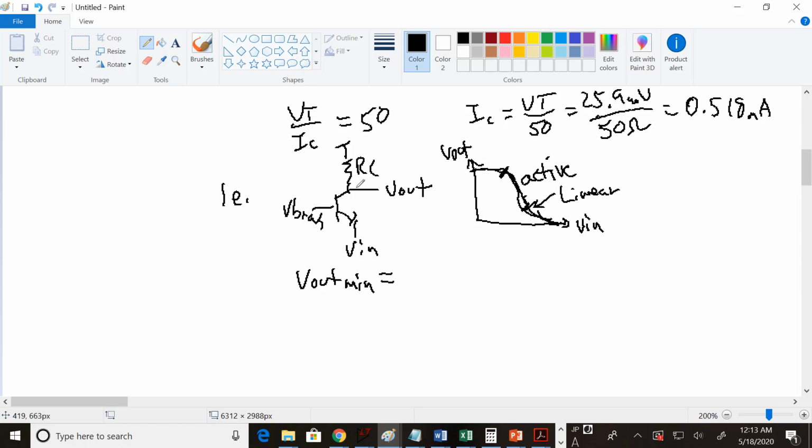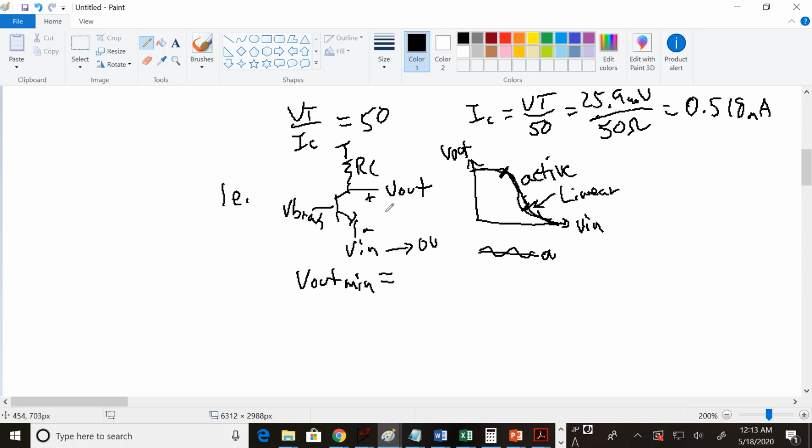That means V out, if V in is, your average is 0 volts. So V out min, the lowest this can go, if your input is a sine wave around 0 volts,